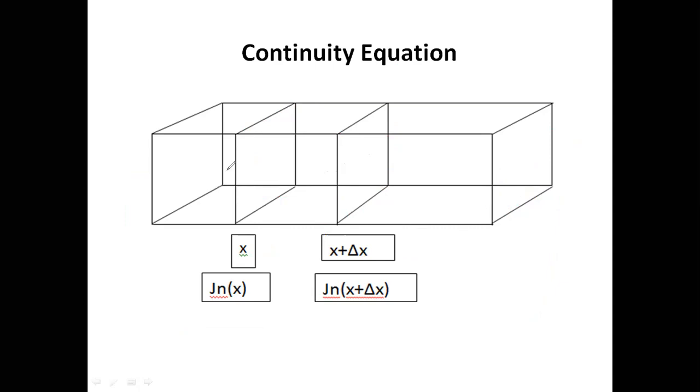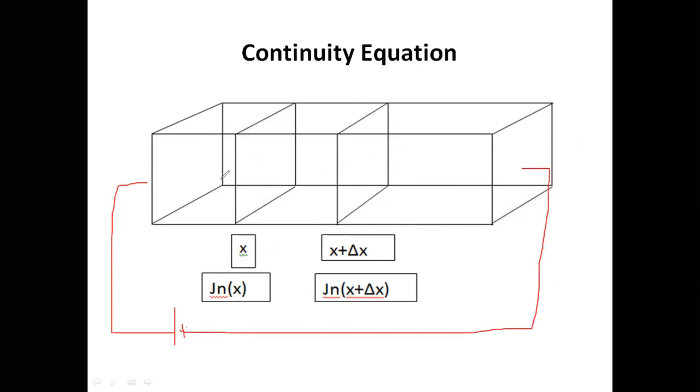If I give positive supply here and negative here, what will happen? The electrons will move like this, right? So now the current is in the opposite direction of the flow of electrons. This is the direction of current, let us suppose. Electrons are moving like this, and the direction of current is opposite to the flow of electrons. Is it clear for you?